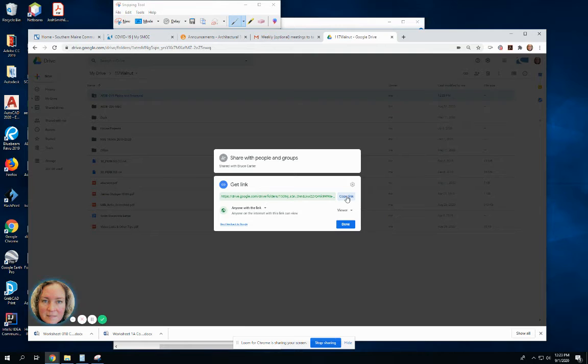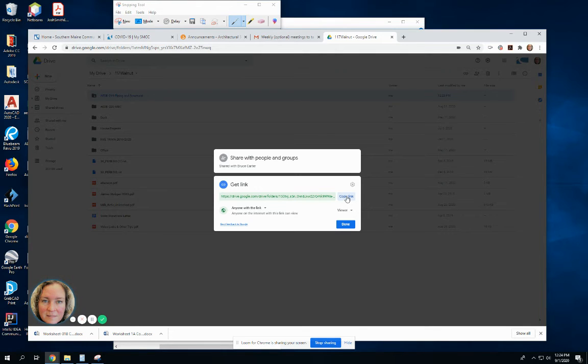If you're creating one of these folders in a Google Drive that your instructor set up that is already a shared Google Drive with the rest of the class, then anything within that Google Drive, folders and everything, will be seen by the rest of the class as well. You just want to make sure that you have it set that only you and your instructor can edit it,